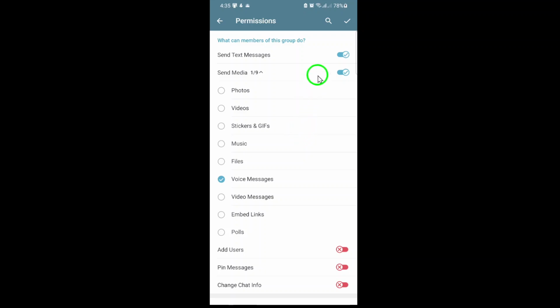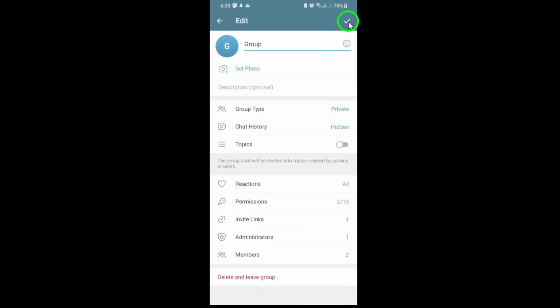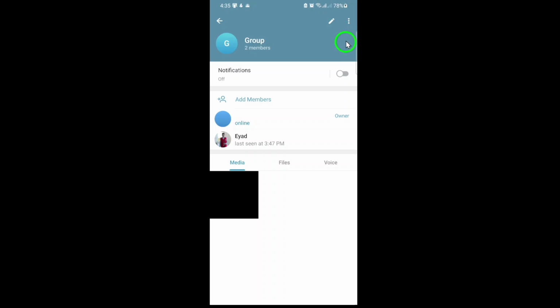By following these straightforward steps, you've successfully allowed your Telegram group members to send voice messages. This feature is great for sharing quick updates, stories, or just making